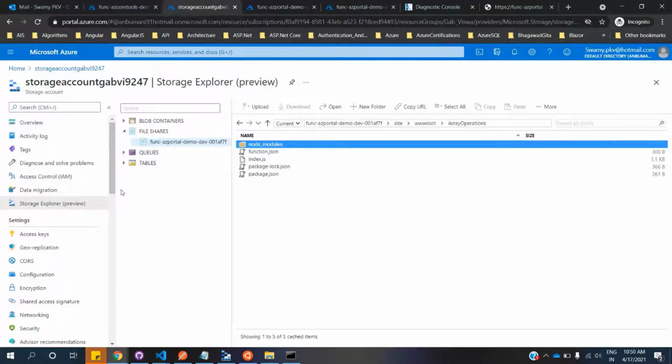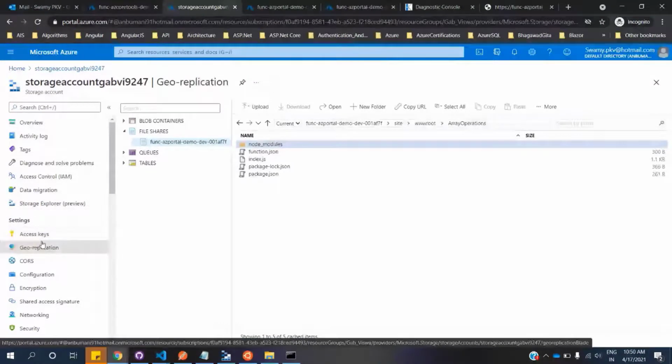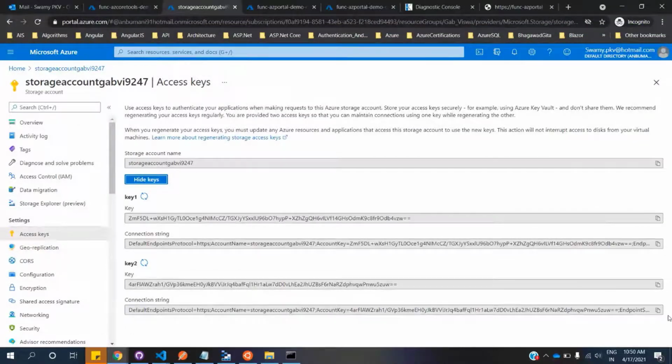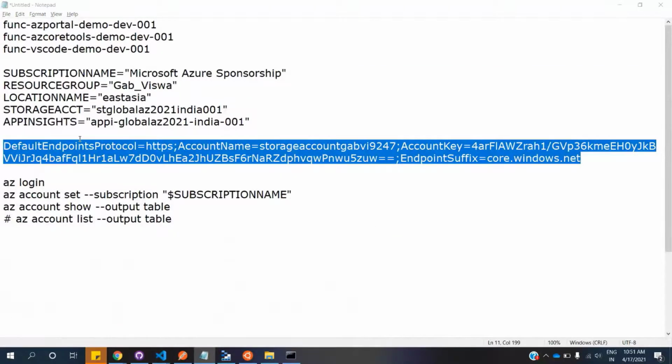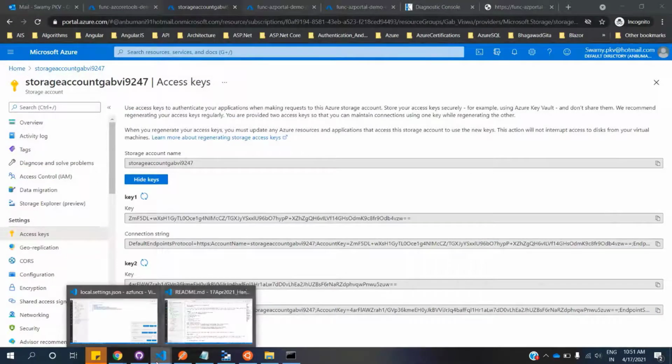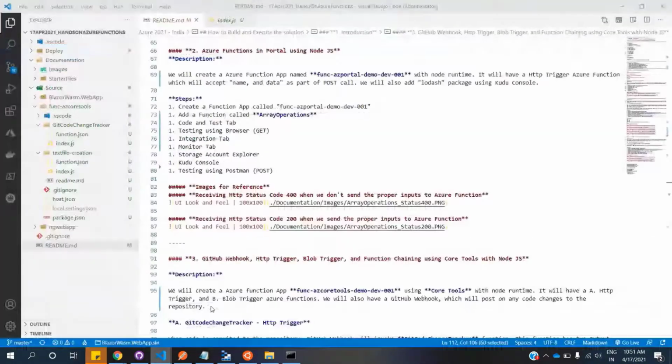Access keys. Let me go to the access keys. Actually, we should get it from the key vault, but because the demo is only 1 hour, so we have less time, a lot of things to cover. So I'm just let's keep it over here, and quickly come back to the core. What is the